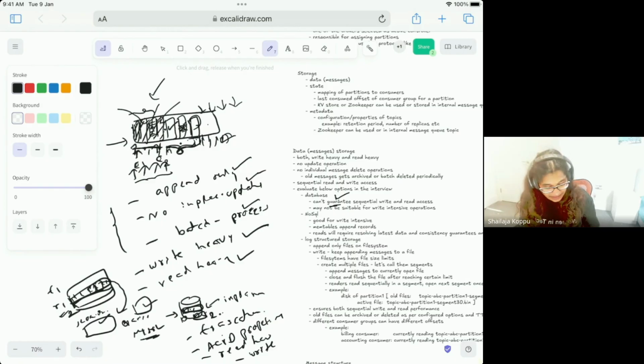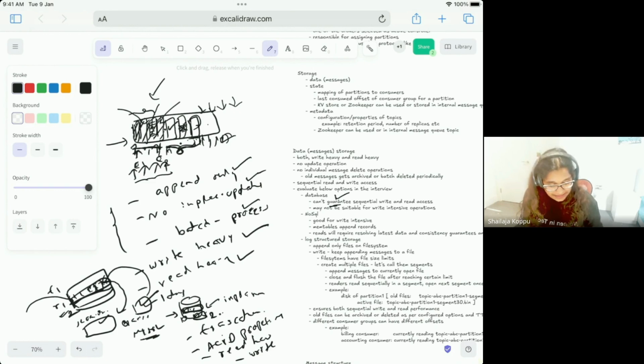That means writes have higher latency, but reads have very good performance in databases, because once the write is done, we can use indexes to go faster to the actual row. If we have a row ID or the partitioning key, we can go and read it. So for read operations the database is good, but for write operations there is a penalty.